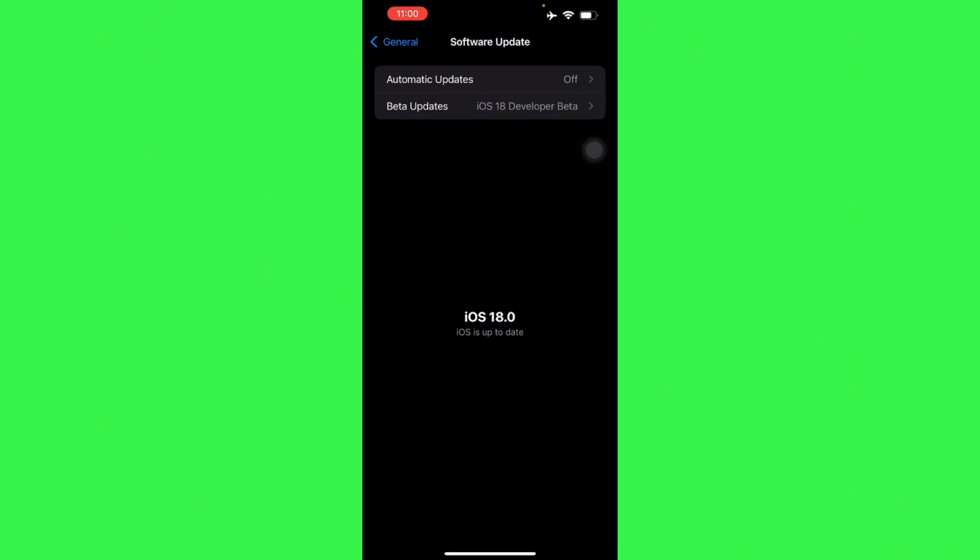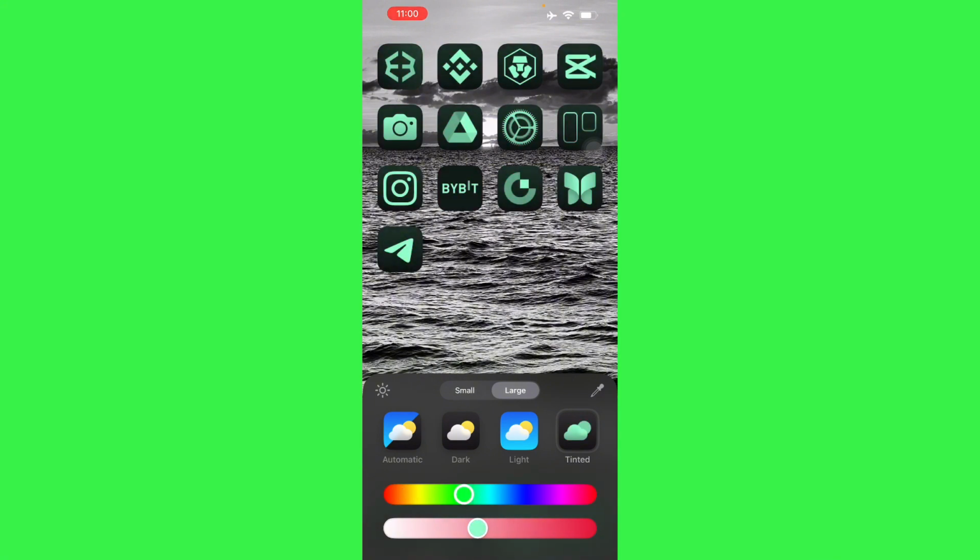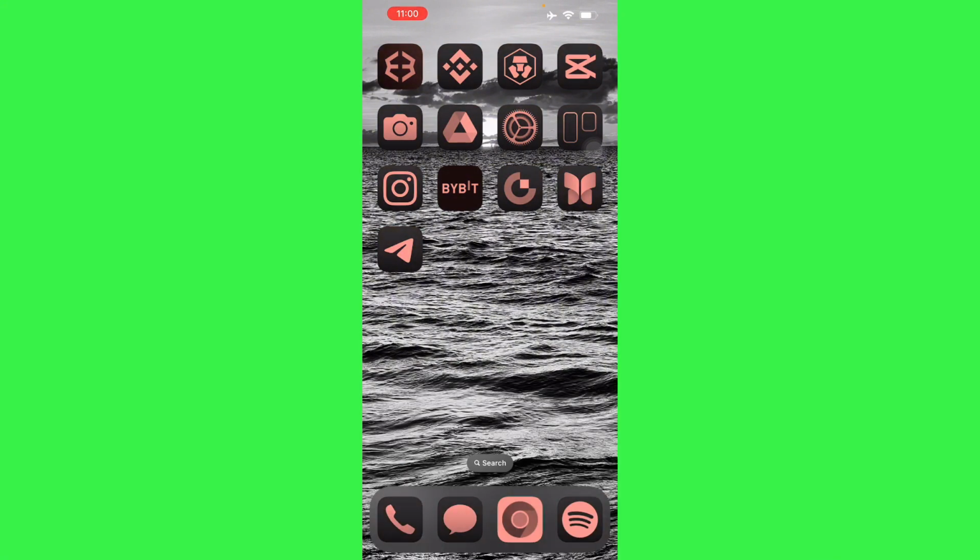So basically there's going to be some problems when you're going to update this. This is not fully usable really. There's some bugs that I've seen recently. So here, as you can see, I'm using my iOS 18, some cool new features. So basically just actually go ahead and try it if you want to, but do back up your device before